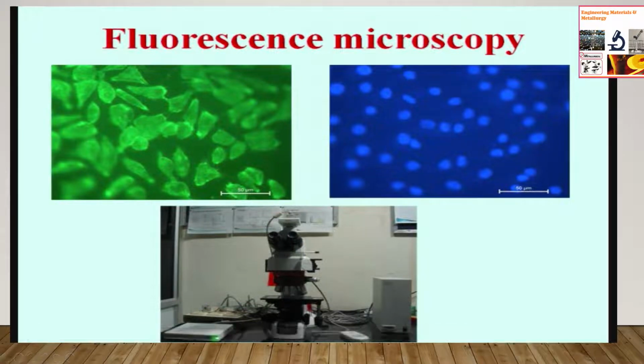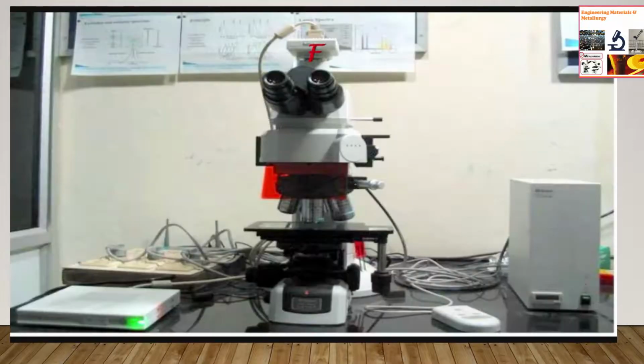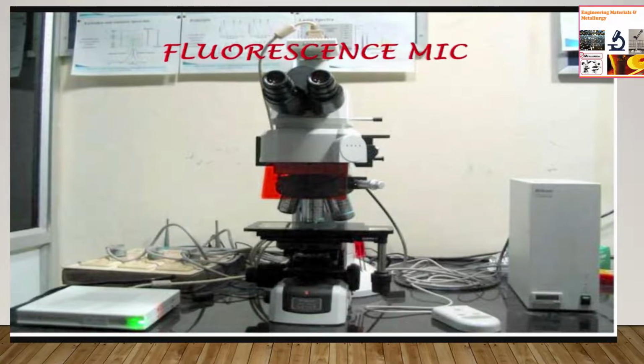Fluorescence microscopy utilizes the principle of fluorescence to study the properties of inorganic as well as organic substances by an instrument called a fluorescence microscope. Fluorescence is the phenomenon in which light of higher wavelength is emitted from a substance which has been irradiated with a known specific wavelength within nanoseconds. This is a picture of the fluorescence microscope in our laboratory.